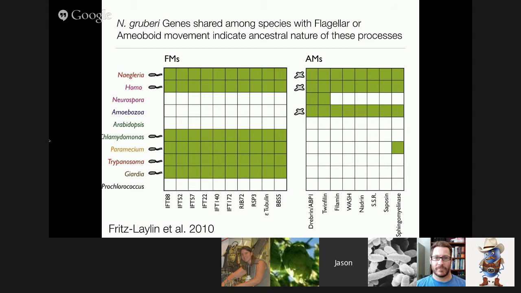And so there's a nice inventory of genes that we can look for. What I'm highlighting is the fact that the only fungus that they were able to really survey, they didn't have any flagellated fungi that they could survey at the time, so they weren't really able to incorporate that into the figure. So here's an updated figure from my work, looking at many of these FM proteins